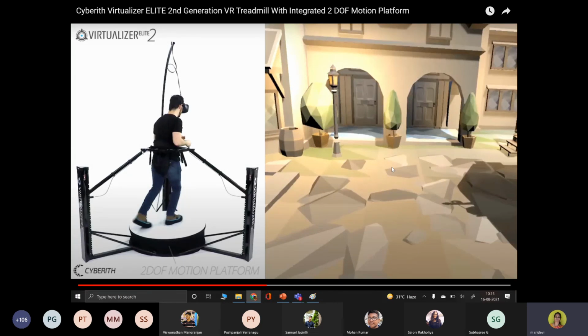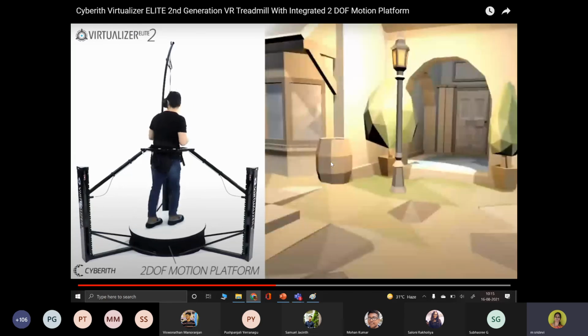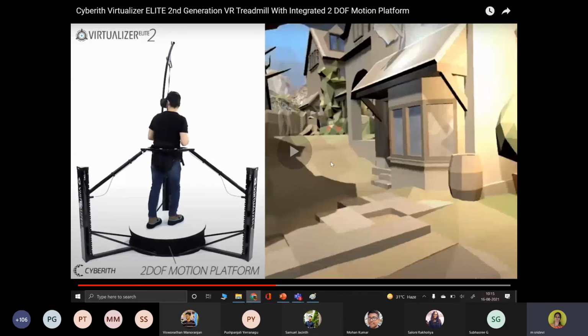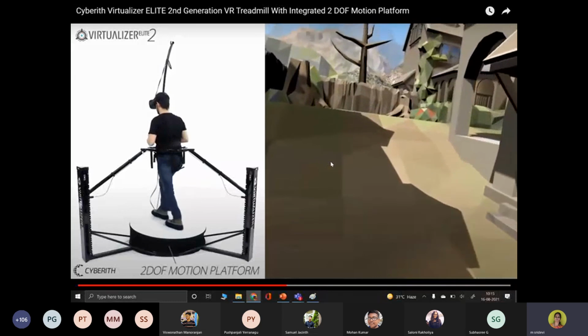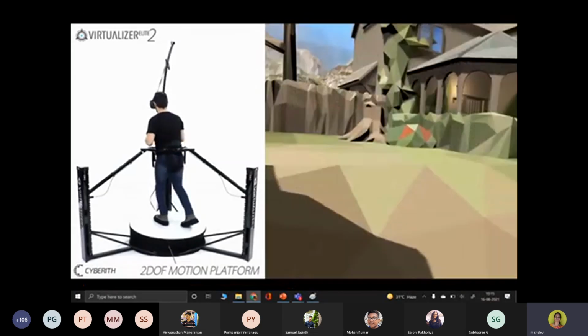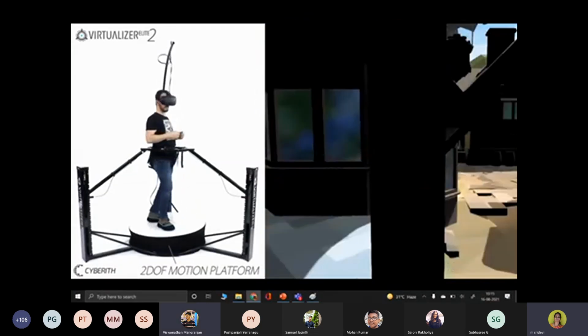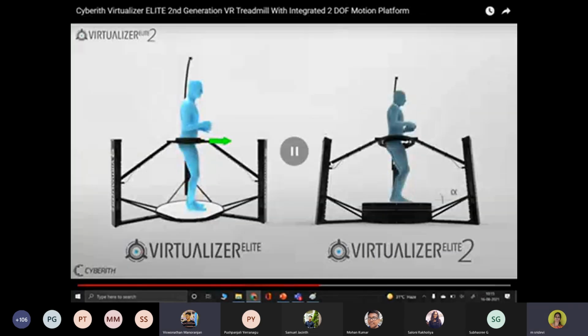Here it uses 2 degrees of freedom. Earlier we discussed 3 degrees, and 6 degrees of freedom gives a better immersive experience, but here it uses only 2 degrees of freedom. What are the 2 degrees? Walking, and another one, motion around the platform.